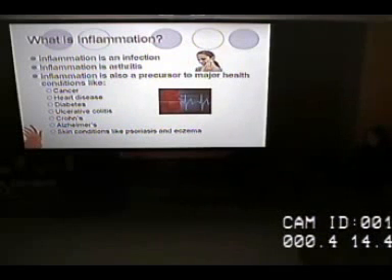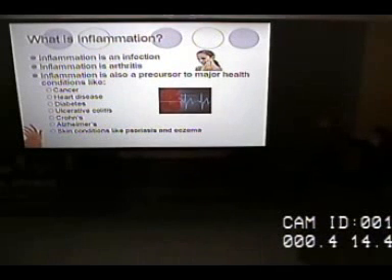Inflammation also is an infection. Inflammation also relates to a lot of other diseases. Disease, the word, if you break it down, is dis-ease. It's dis-ease in the body. And a lot of these go back to inflammation. So a lot of them are linked to that, such as cancers, heart diseases, diabetes, ulcerative colitis, Crohn's, Alzheimer's, psoriasis, eczema, like you were saying before, that these are all linked together.